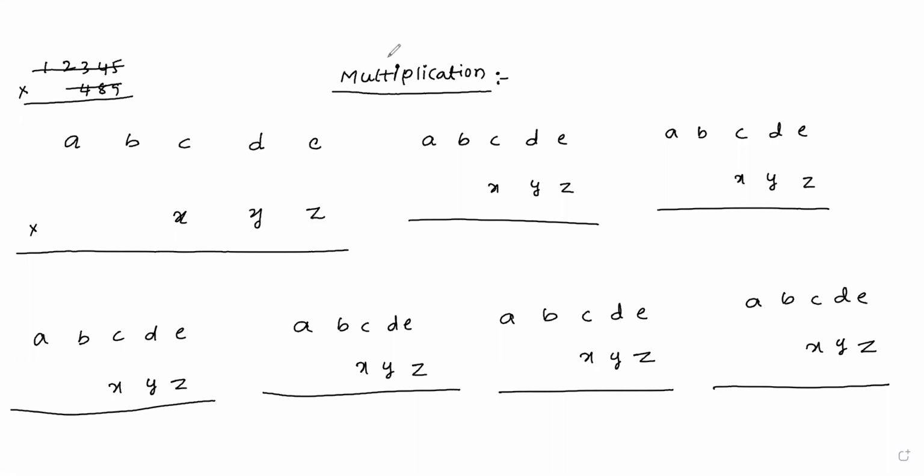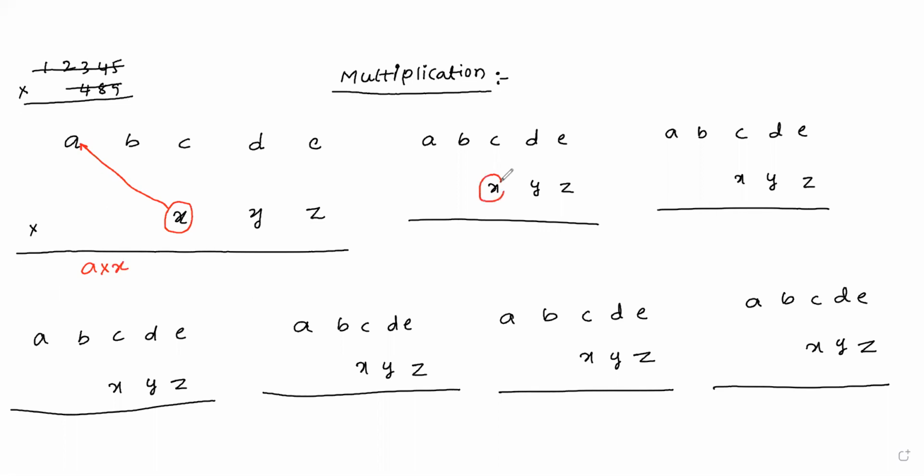The first rule: we can solve from both ends, left to right or right to left. So we will focus on left to right now. I am selecting the highest place value. Why? Because you are starting from the left side. So we are focusing on the multiplier, which is multiplied with the highest place value of the multiplicand. We are multiplying A into X.